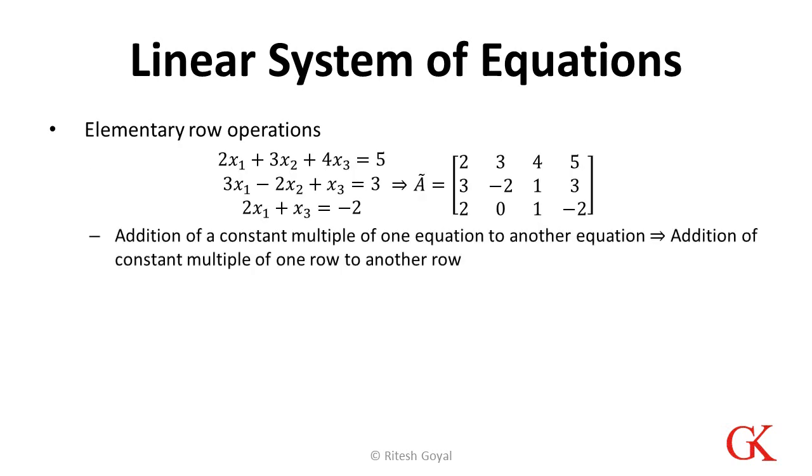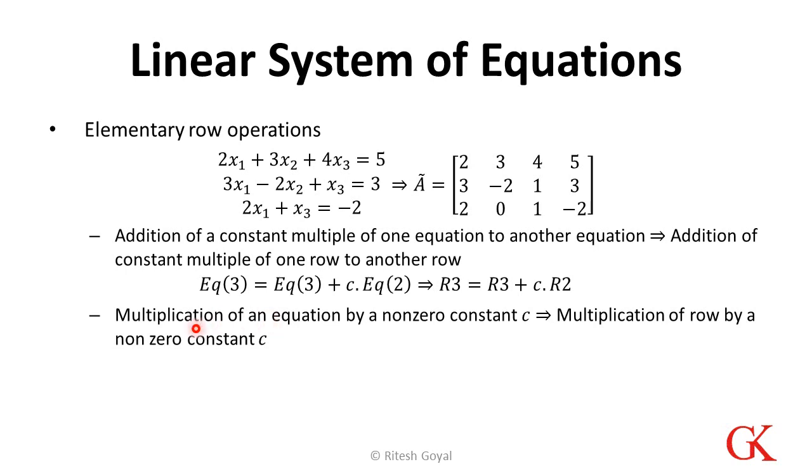The second elementary row operation is addition of a constant multiple of one equation to another equation. So say we have this equation 3. We multiply equation 2 by a factor, let's say 3, and add this equation 2 with the multiplied factor 3 to equation 3 and get the new equation. And we can say that if we use that new equation instead of equation 3, the solution remains the same. This is the basic operation which we do while solving equations in a basic method. So this is another elementary row operation.